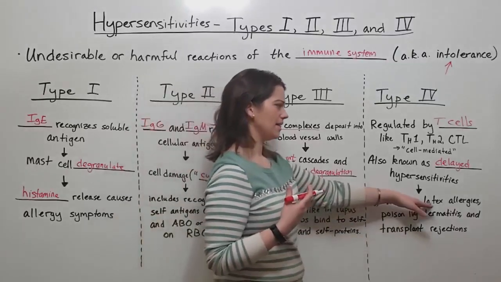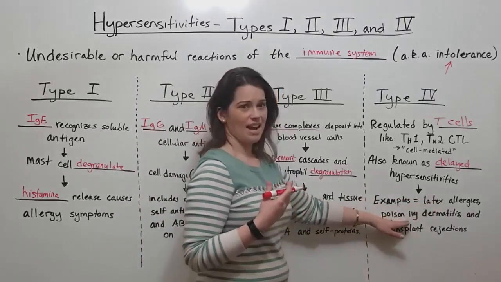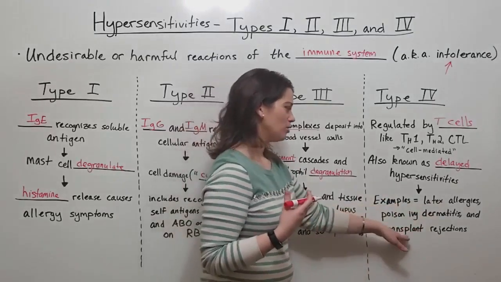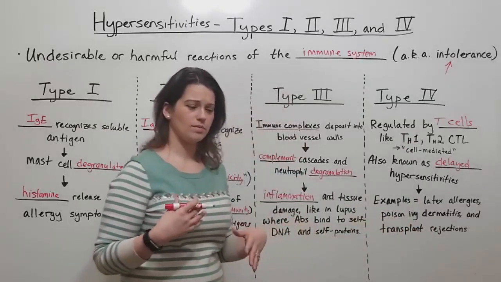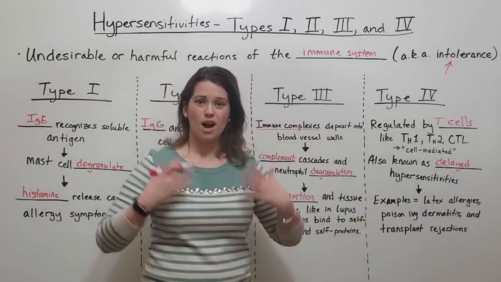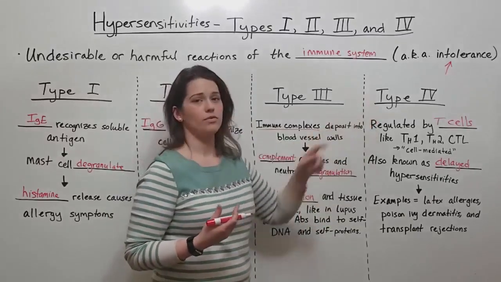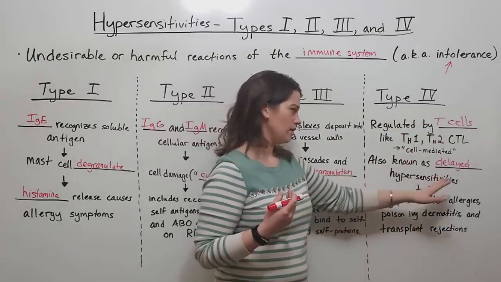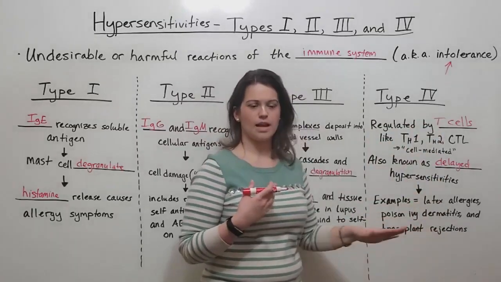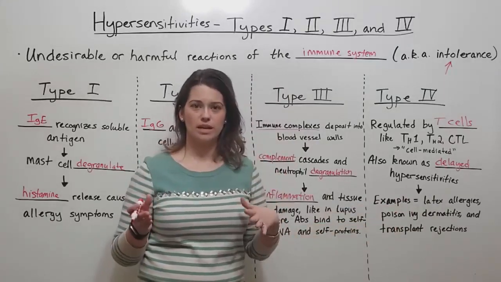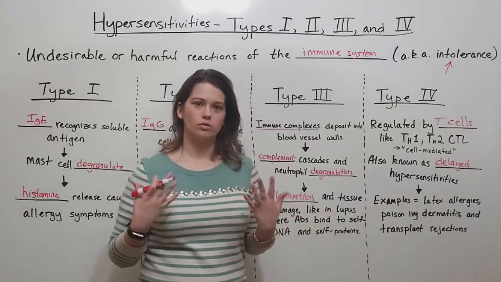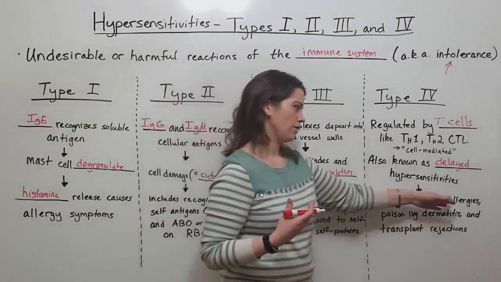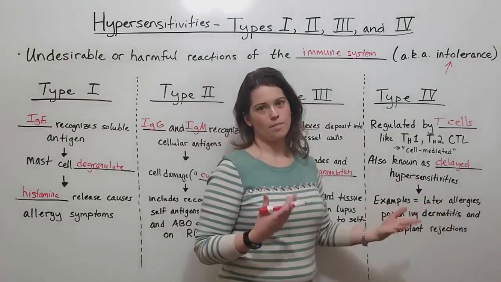This results in things like latex allergies, poison ivy, the rash, the dermatitis that you get from contact with poison ivy, and also transplant rejection. So if you hear about someone who maybe got a lung transplant and then their body rejected it, that is because of a type 4 hypersensitivity, where the T cells recognized either the latex or the poison ivy or the lung transplant, one of these things, and said, hey, that shouldn't be here. And they have this really strong overreaction to eliminate what they view as a threat. And it results in either an allergy or a rash or at worst, a major rejection of a